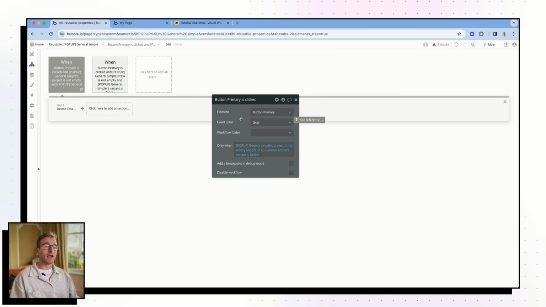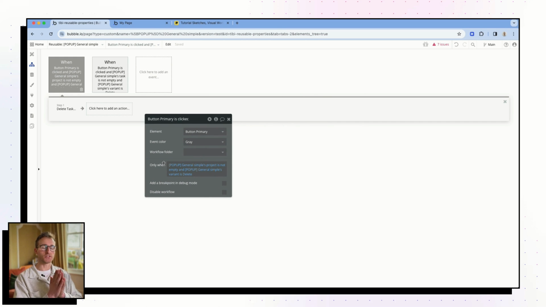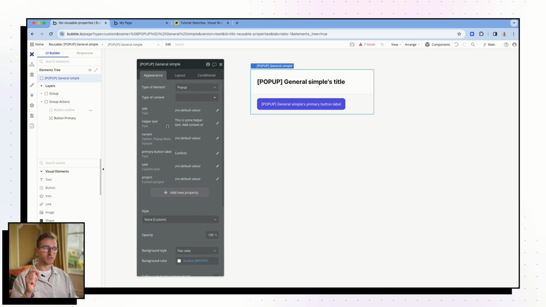This would work too. However, one of the problems with this, again, is the separation of concerns is not great. This pop-up is, in simple terms, trying to do too much. The pop-up shouldn't have to handle any of the logic to do with our database, our data structure, managing, deleting, editing things. This pop-up's job should be to display information and tell the host page or host reusable when the user clicks a button. It's a really simple, self-contained module.